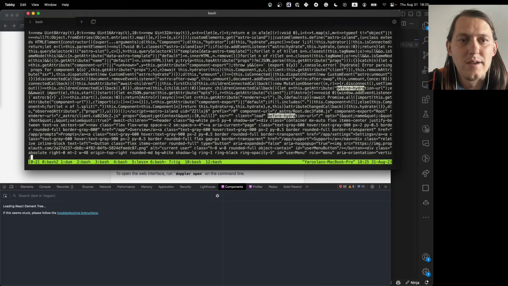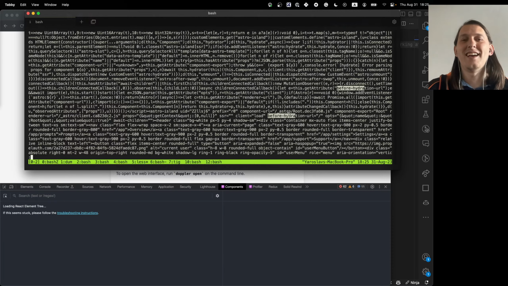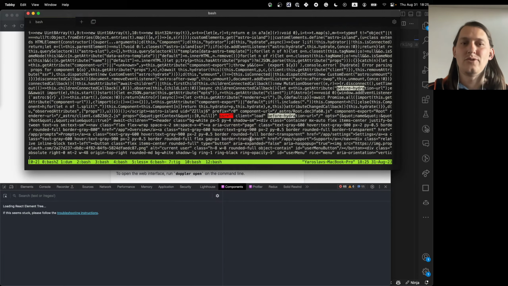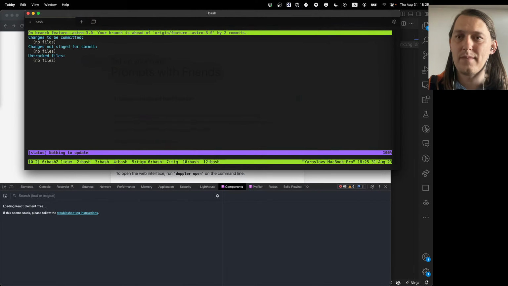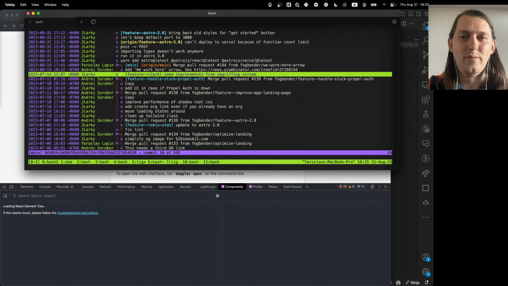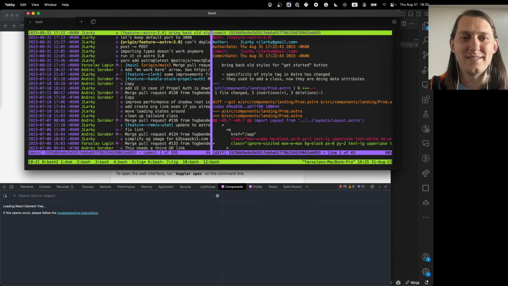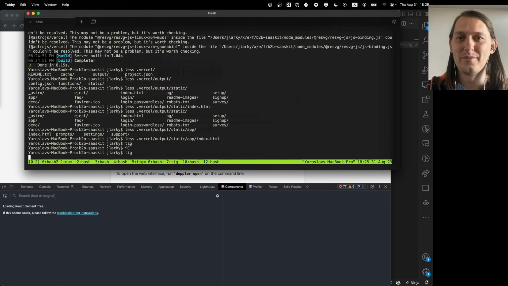Yeah, and we have this before hydration URL, which I have never seen before. I have no idea what that means. And this SSR option also. So I don't know what this is. I don't know what it means, and I don't know what to do with it. So